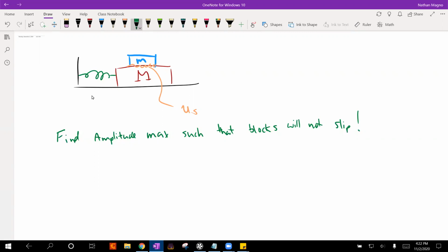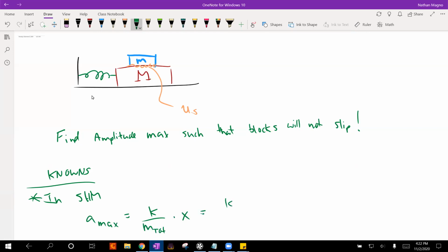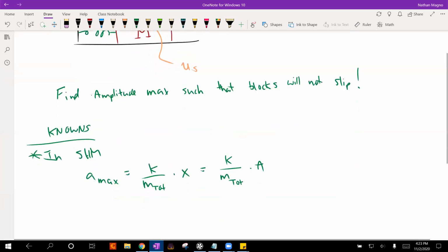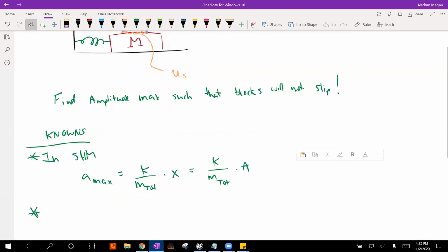All right. So knowns for this problem, I have to give you that. In simple harmonic motion, your acceleration max is k over your mass total times your distance. But in this case, amplitude is your distance, right? Because amplitude defines how far your object is moving times your amplitude. Okay, and for the next one,